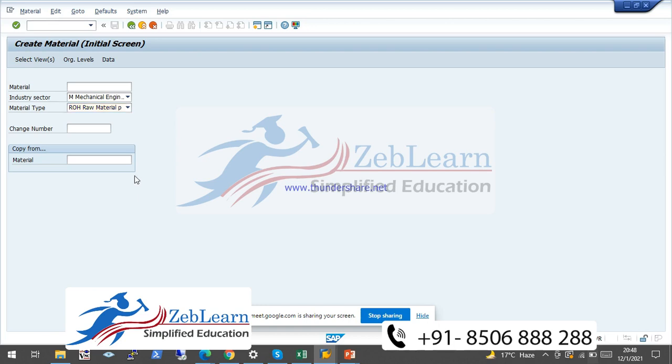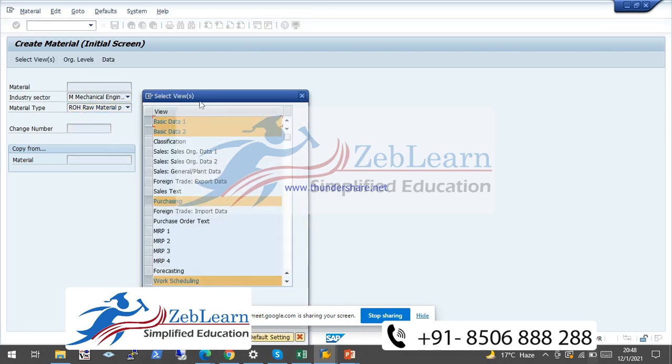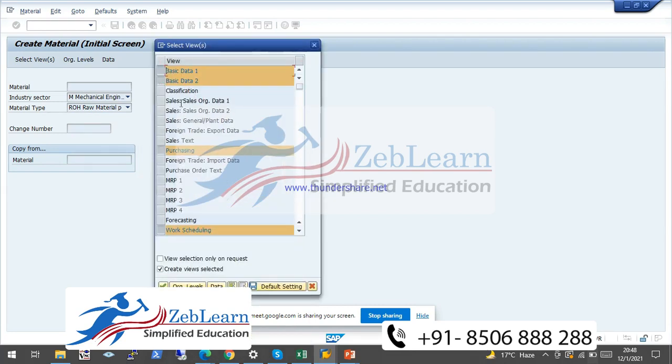Once I just enter, here are the different views which are controlled by the material type. Like basic data, it has some basic information. One I will just show you.